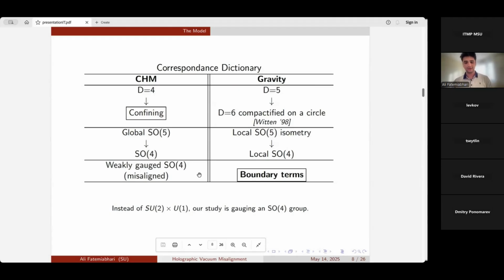So the subtlety of the work here is the following. By weakly gauging some subgroup in the field theory, we are explicitly breaking the symmetry, and we want to introduce these terms at the boundary of the gravity. So it means that we are introducing explicit symmetry breaking terms at the boundary. And that will break the SO5 isometry of the gravity, and that is not going to end well. And we want to keep the gauged symmetry at the gravity always.